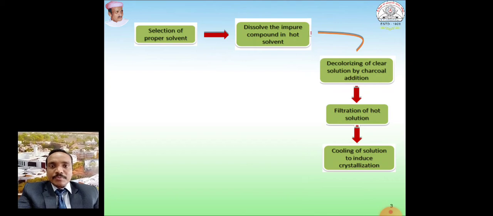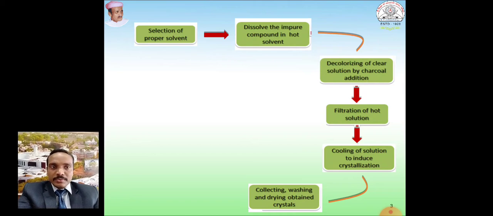During this time, there is no need to provide cold conditions. If the solution has cooled to room temperature and you are still not getting the product, then only you need to go for cooling conditions. Here we can use ice or an ice salt mixture. After formation of crystals, without shaking, we go for filtration to collect the pure form of product. So likewise, this recrystallization takes place.